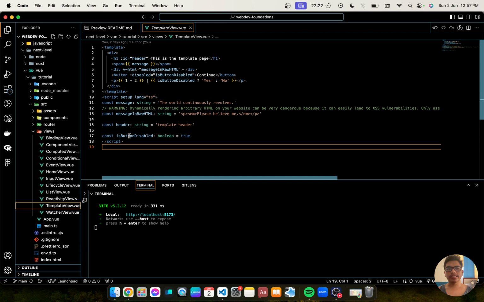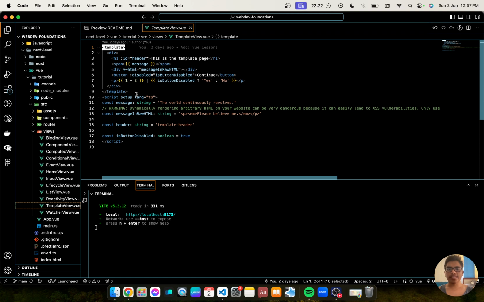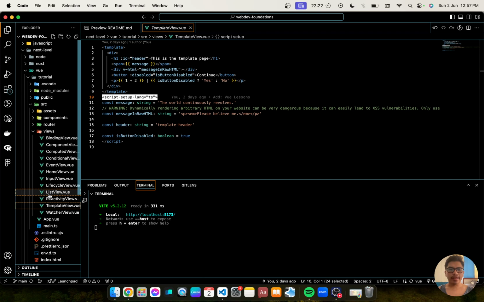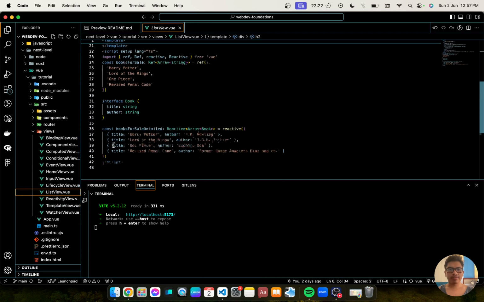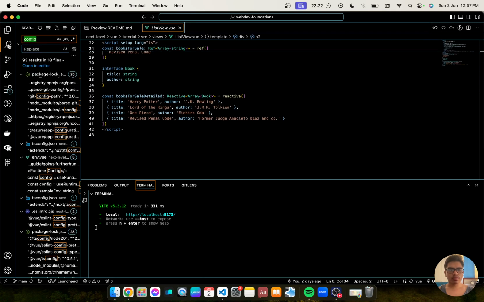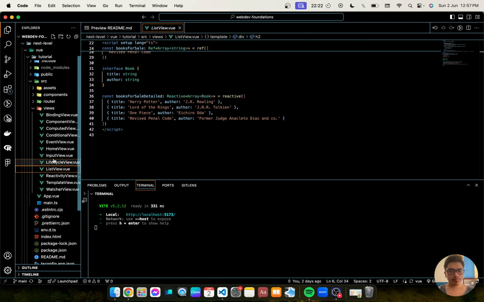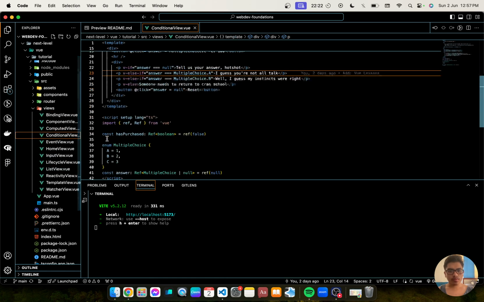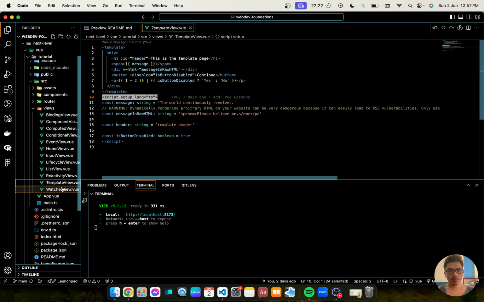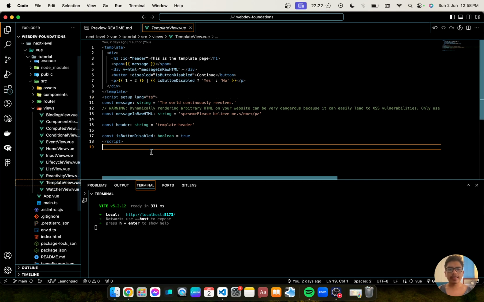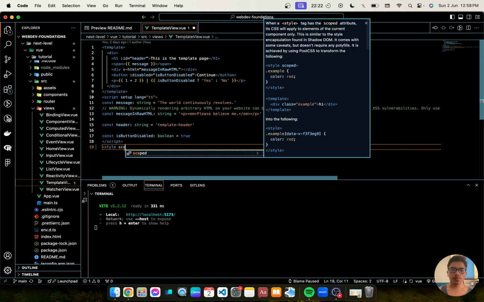As you can see here in Template.vue, we have our template section and script section. And in some cases, you can also add a style scoped block.